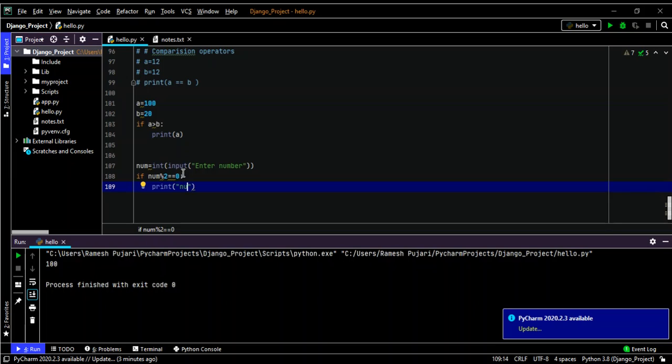For that reason we are using this condition. Now I will print number is even.